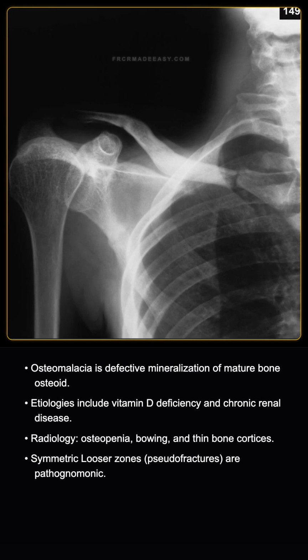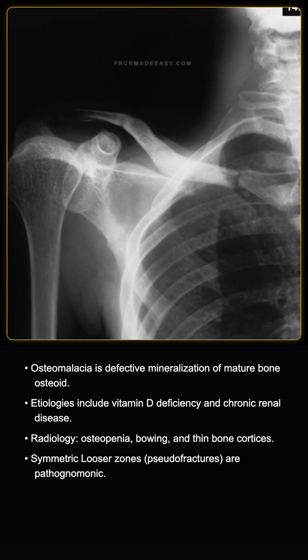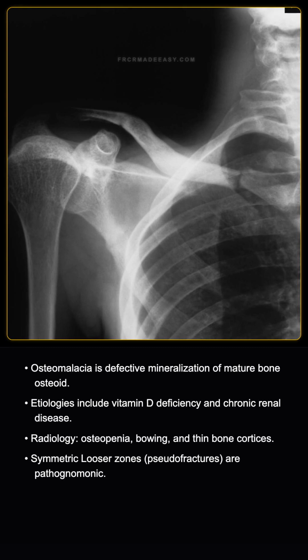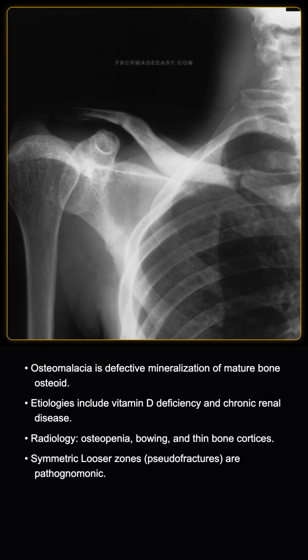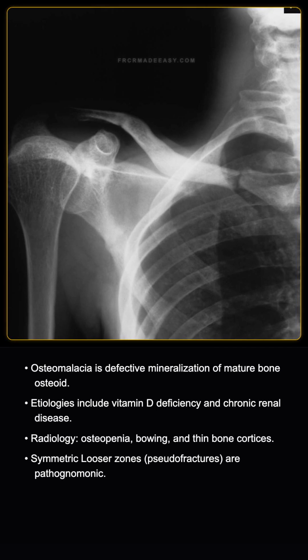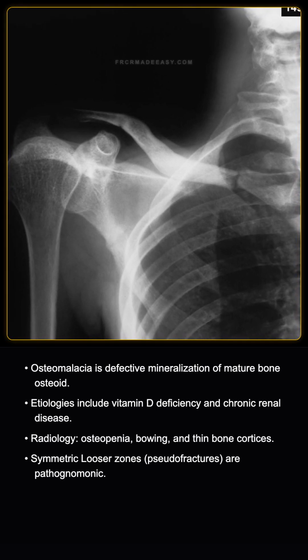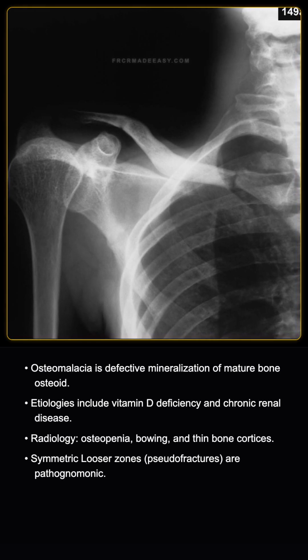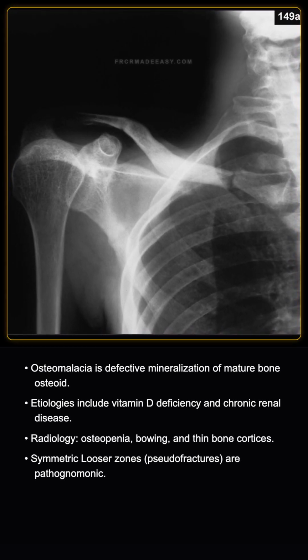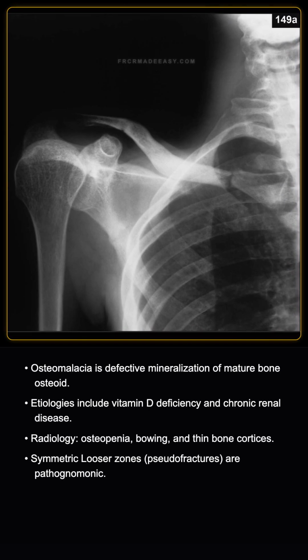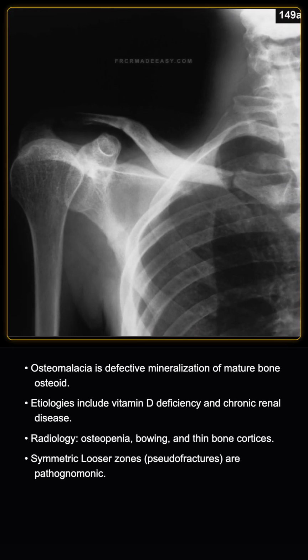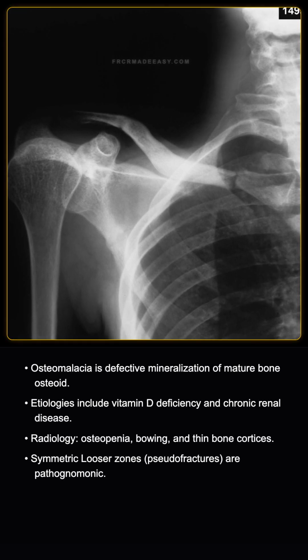Okay. Osteomalacia is a metabolic bone disease characterized by deficient mineralization of the osteoid matrix in mature bone, leading to bone softening. The primary etiologies are dietary vitamin D deficiency, malabsorption, or abnormal vitamin D metabolism, often associated with chronic renal failure. The key radiological features include generalized osteopenia, cortical thinning, bowing of long bones, protrusio acetabulae, a coarsened trabecular